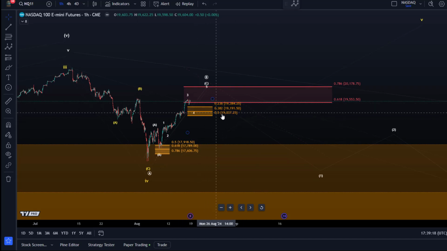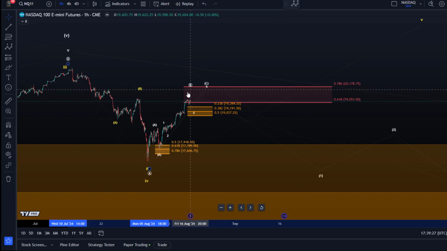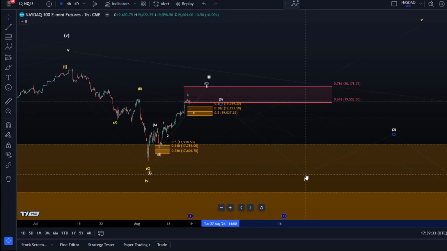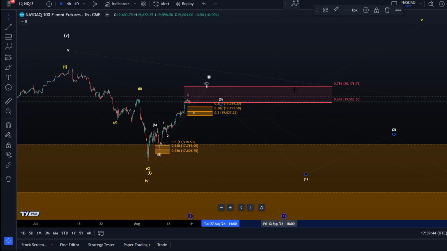I'm not bearish until we break below 19,037. A break below that level would be a first indication that wave B has topped. But it takes a 5-wave move down, and that could be wave 1 of wave 1, for example, to give us further confirmation about that. And then that's how the structure builds. So essentially for next week, 19,037 is important as key support, and to the upside